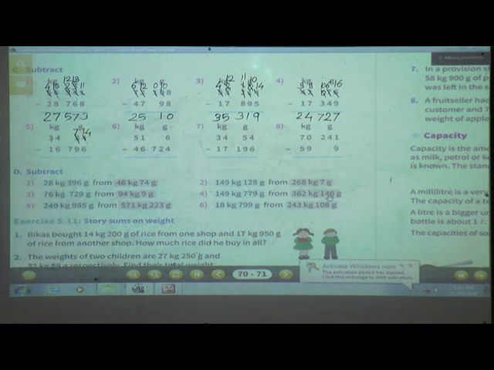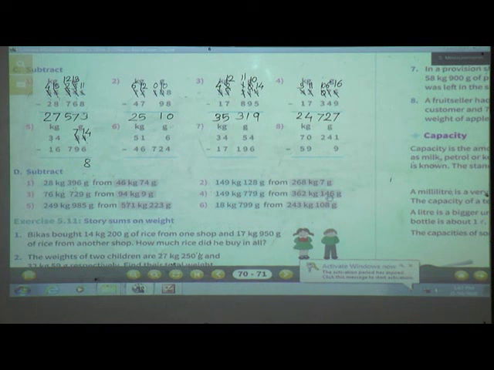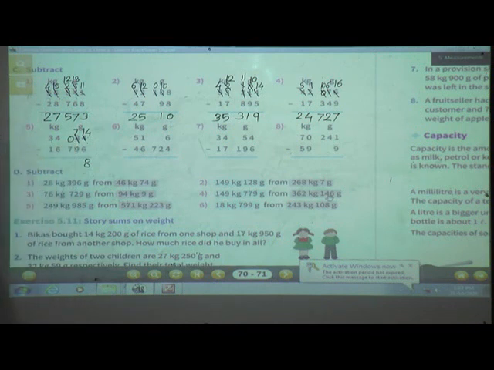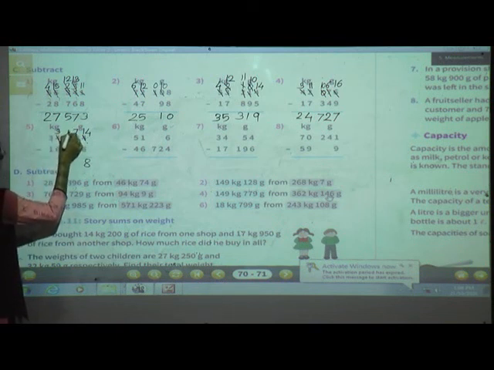Now 14 minus 6. After 6, count your fingers till 14. Yes, 14 minus 6, 8. So write here 8. Then 7 minus 9. 7 minus 9, again it is not possible. So what will we do? We will move to the neighbor. But here nothing is there, means 0 is there. Okay, so what will we do? Again we will move to the next neighbor. Here 4 is there, so we will take one borrow from this 4. So here 3 will remain and this 0 will become 10.